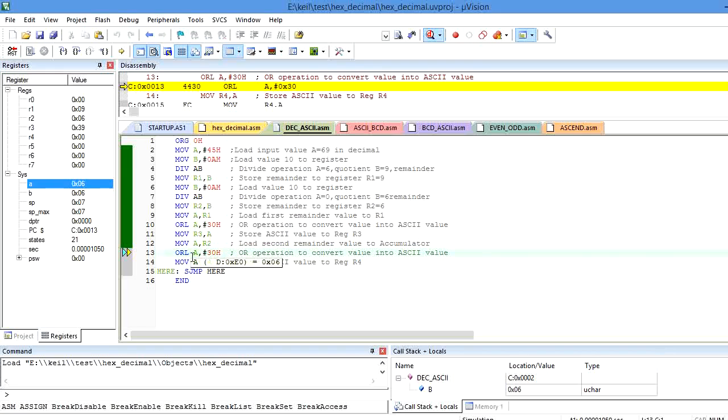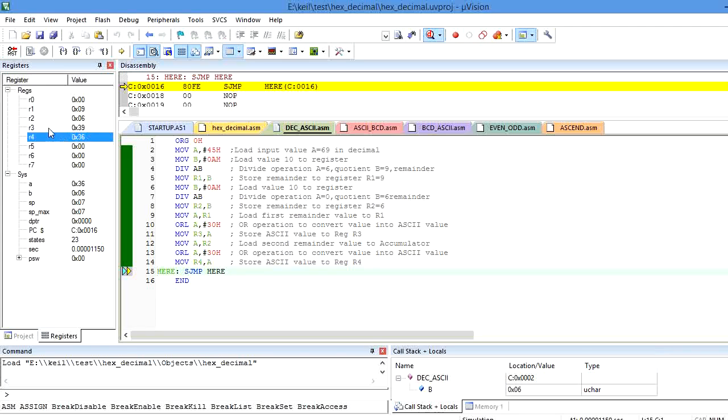After the logical OR operation, it converts into the ASCII value of 6, which becomes 36. So 36 is the ASCII value for 6, which I am going to store into the R4 register. Before execution of move R4, A, the content of R4 is 0. After execution the R4 becomes 36.